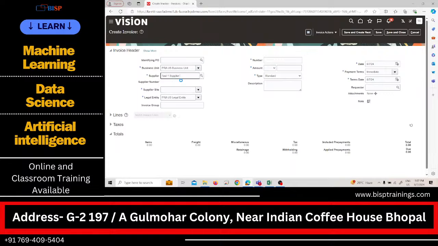Yeah, and when we create this test, you can see that the test supplier, the site is automatically here. So this is a very important part, because whenever you are missing the site, you won't be able to make an invoice, because it is a mandatory field and we have to provide it. Okay, so now